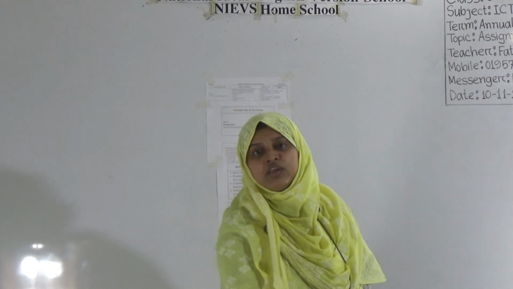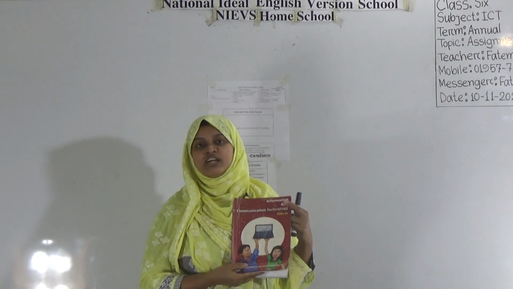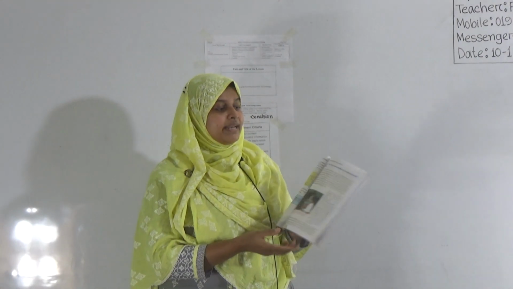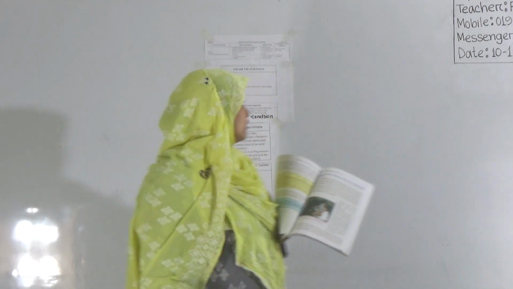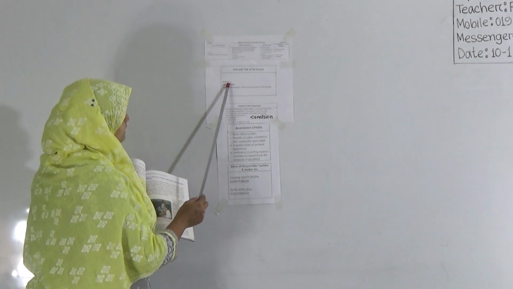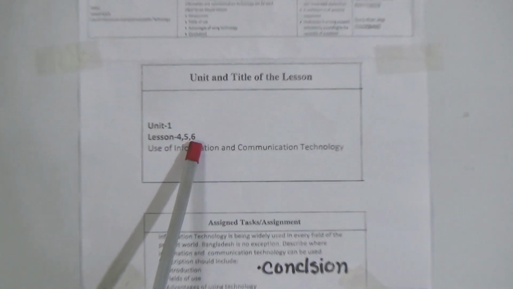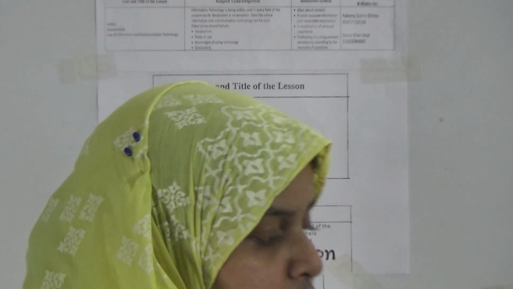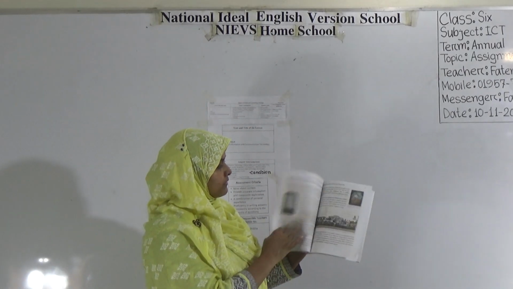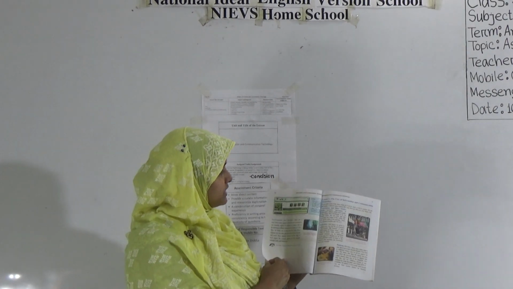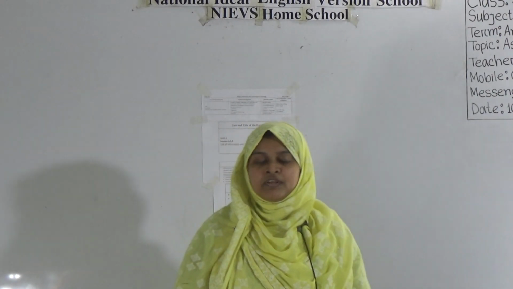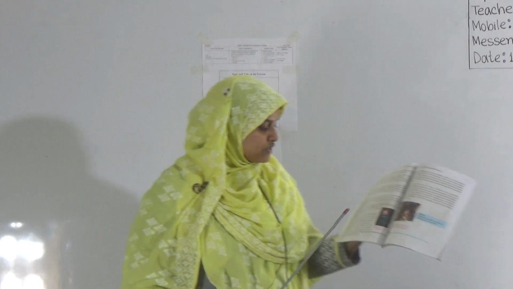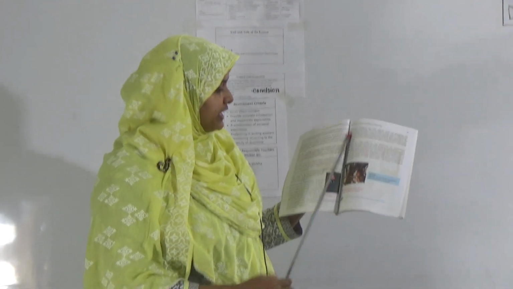Students, for this take your I.C.T book, that means information and communication book, and go to page number 9. Lesson 4. Look, the clue is you have to write from unit 1, lesson 4, 5, 6. So your answer must be from lesson 4, lesson 5 and lesson 6. These 3 lessons. So from lesson 4 you can write, go to page number 10, personal and social communication, recreation,